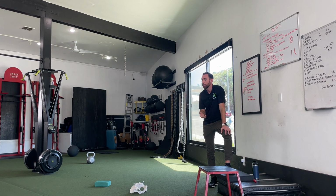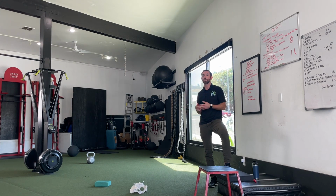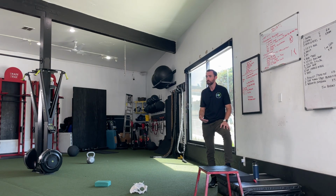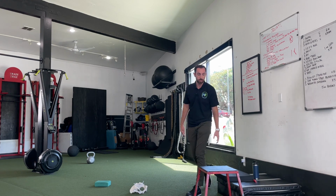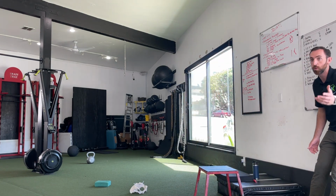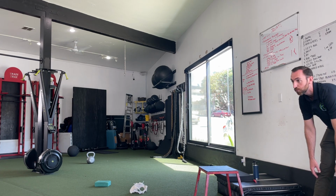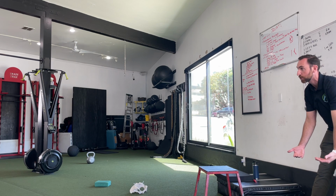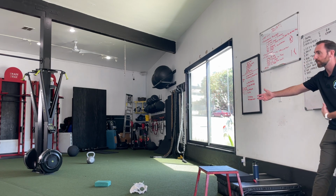Have him do like a foam roller on his calf, right? Or if you guys have another tool you like to do for that. But then you can have him do like an active dorsiflexion thing too, like a tibialis raise, right? Where you have him park his hips here, just to James's point of stretching the stuff on the back, right? And then strengthening the stuff on the front, and have him pick up more dorsiflexion actively, especially after you do a stretch. It's good to strengthen the antagonist,